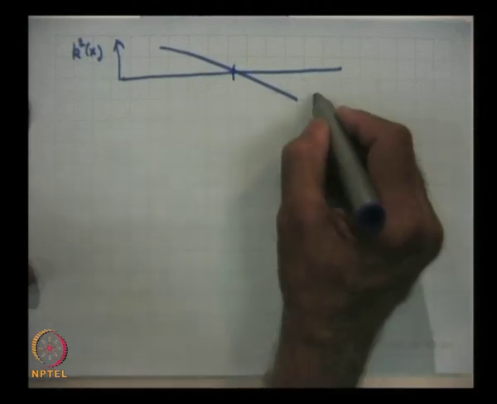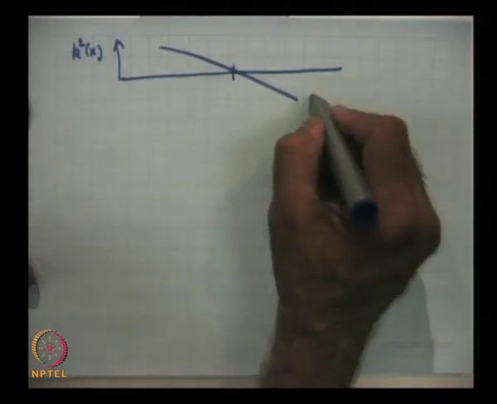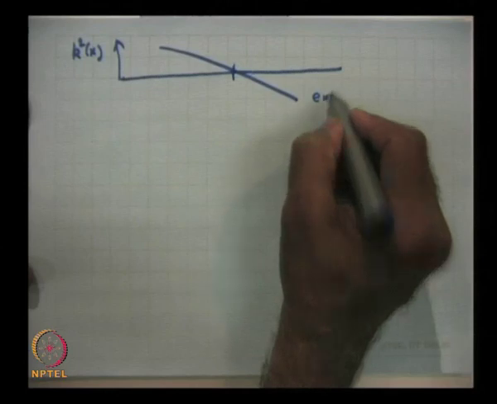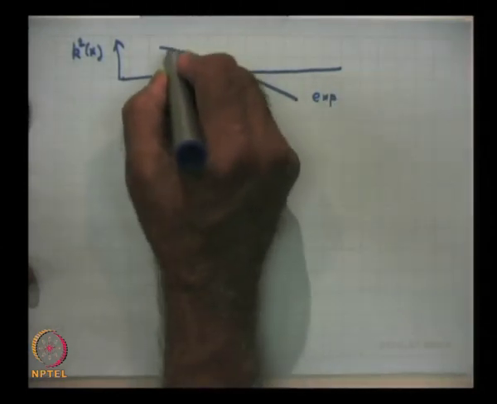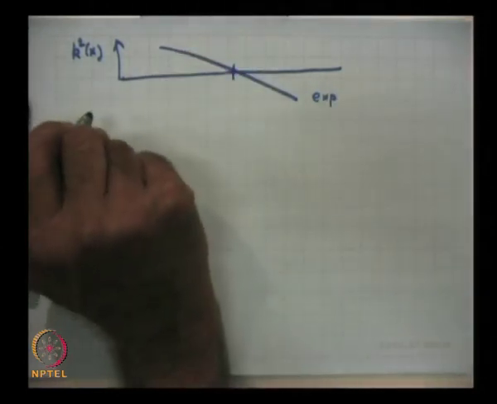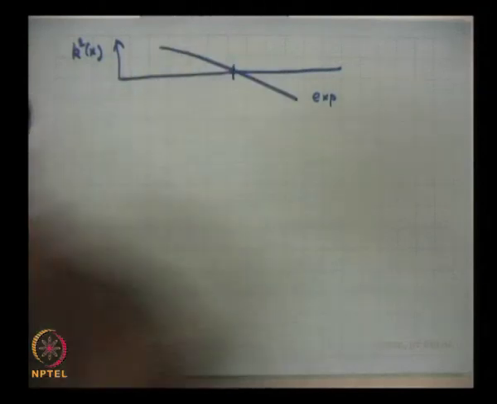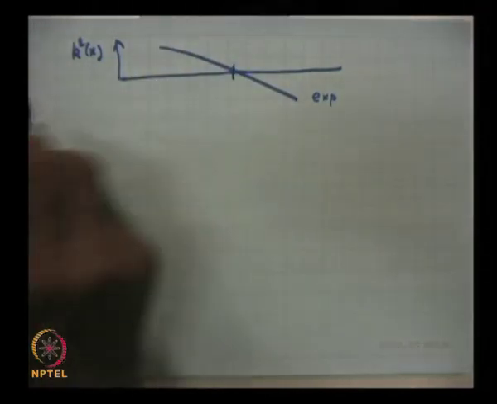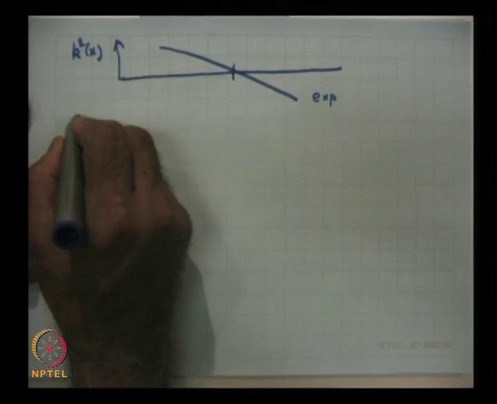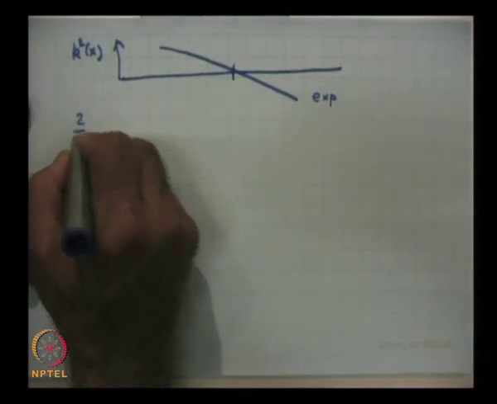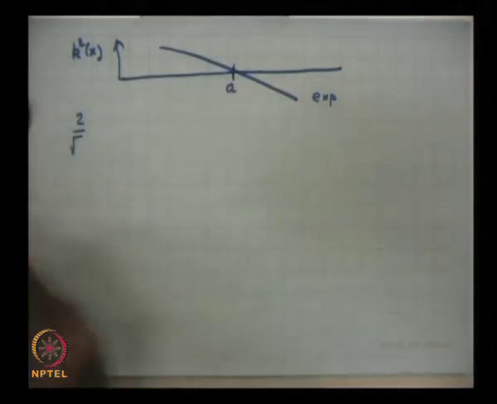So, on the right side of the turning point you have exponential solution, and on the left side k square of x is positive. So, we have sine and cosine solutions, and we had said without proof that, suppose the turning point is x is equal to a,